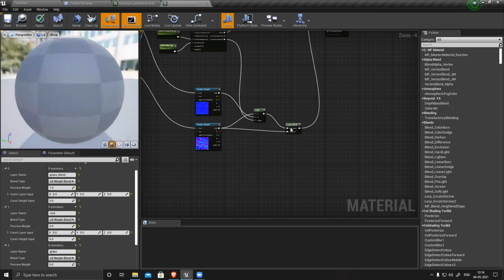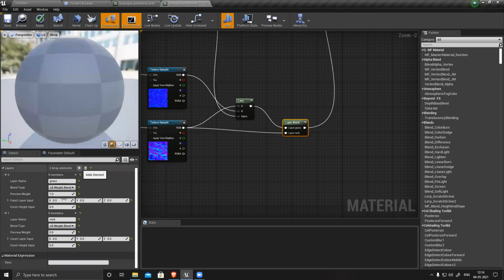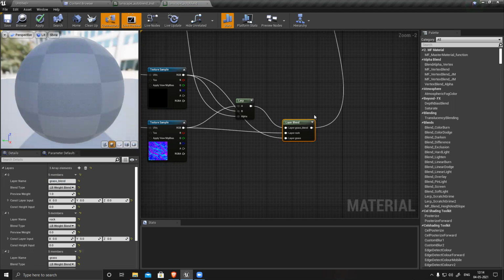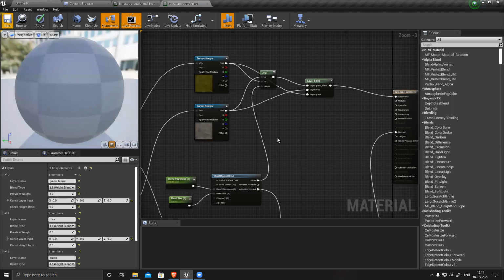Same thing, plus grass underscore blend. So I have a grass to paint, plus grass blend. Save it.